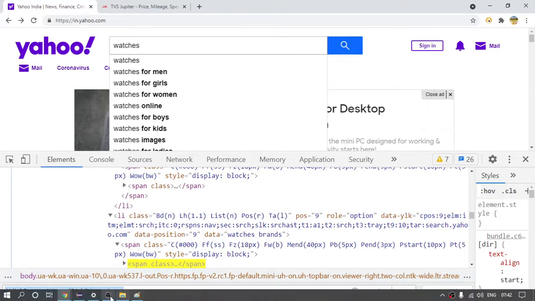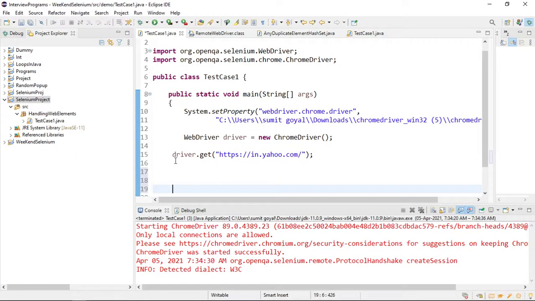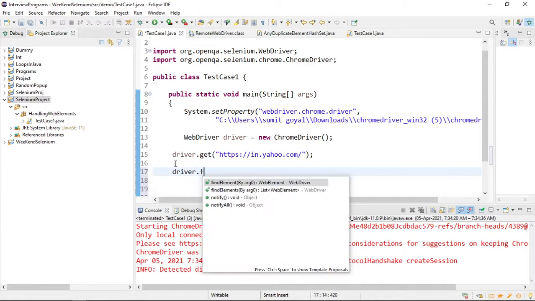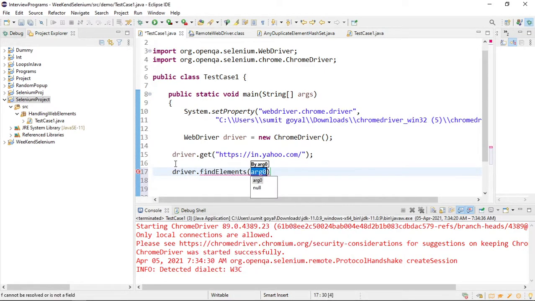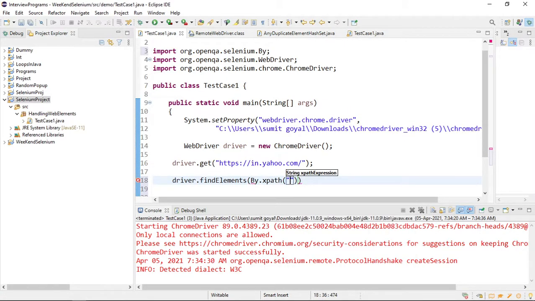Yep. So now, in the last lecture we discussed one method which is find elements, because I need to find all the elements. So we have to find them with the help of XPath. XPath is this, and the return type we discussed in the last lecture is list of web element.